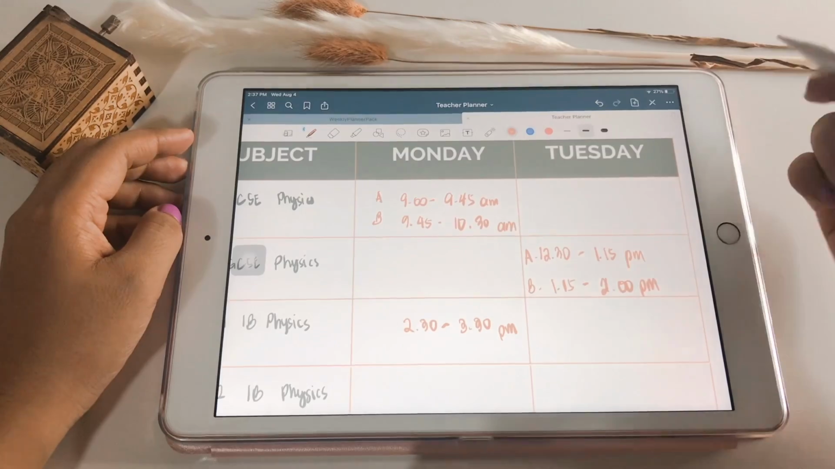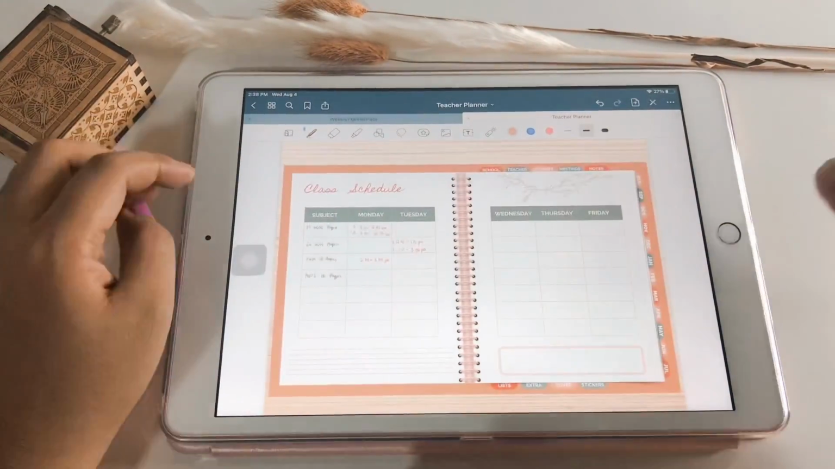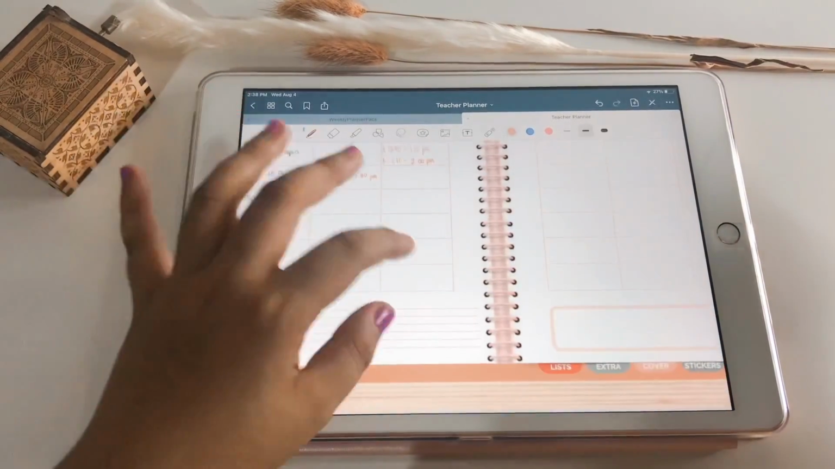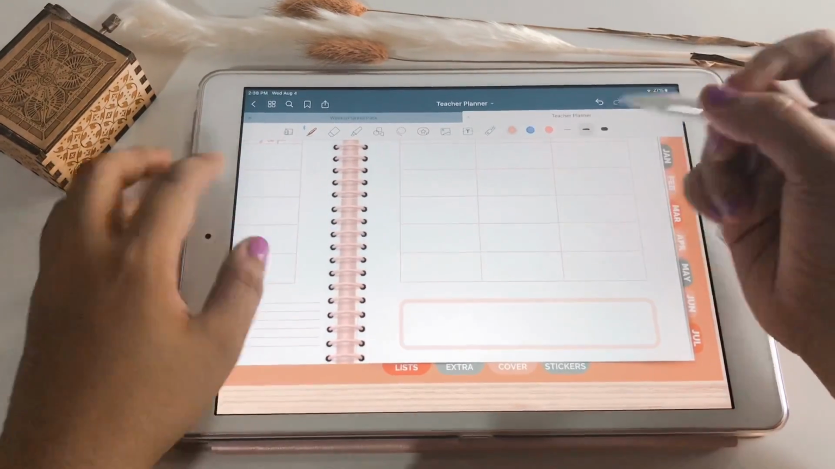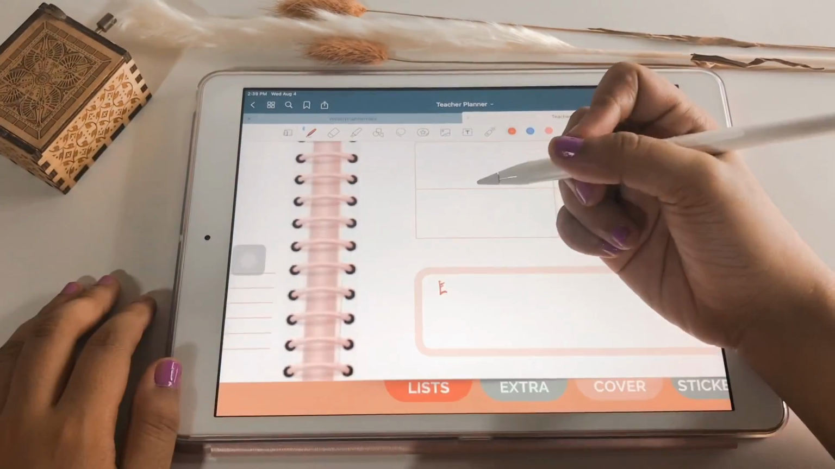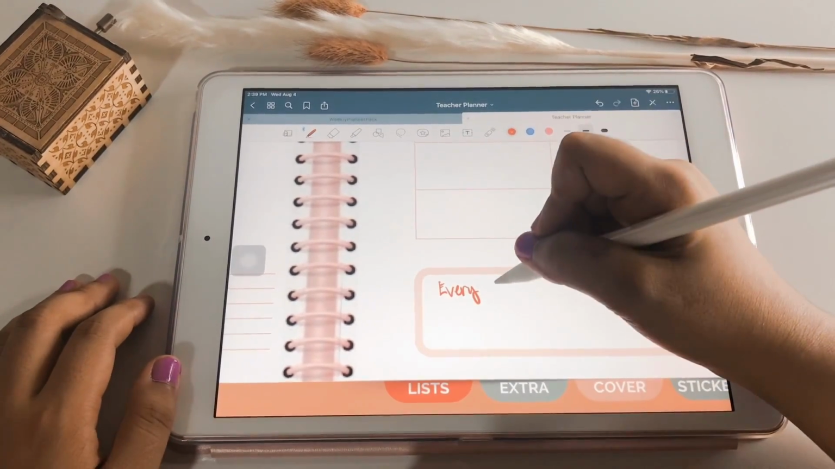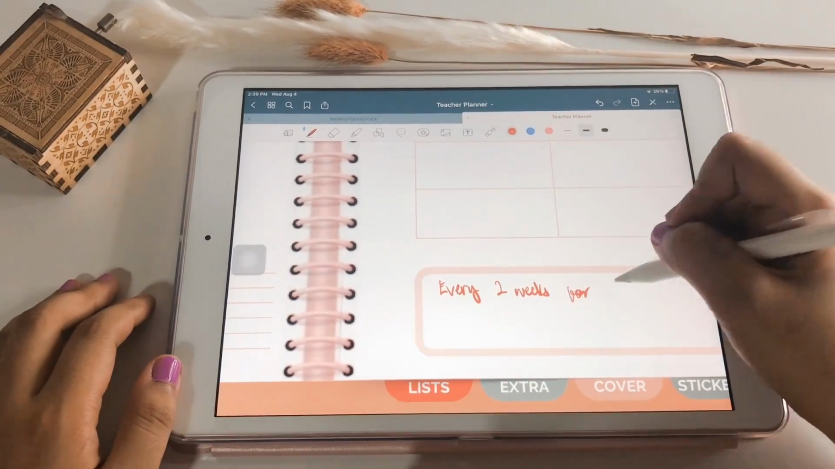And if you zoom out, you will then see that on Monday, I don't get to teach S4 Physics and PU2 IB Physics. And then in this section, you can actually type in some of your notes, or you can modify it depending on your preference. For example, I would like to put in there that every 2 weeks for GCSE Physics